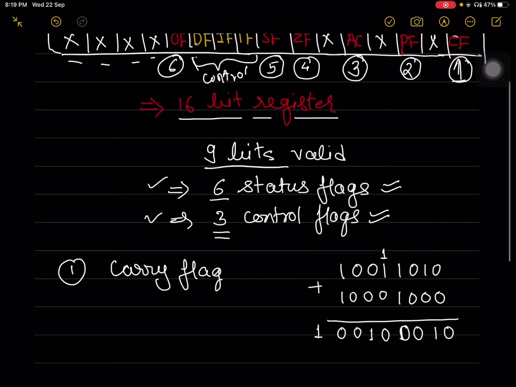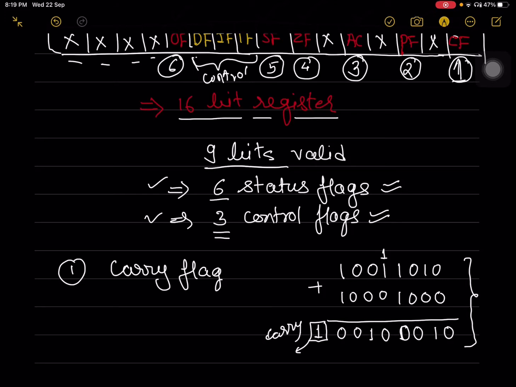To start with, let us consider one example as shown here, the example of addition. I have taken two 8-bit numbers and added them to get the following result. This operation will be carried out in the arithmetic and logic unit of the microprocessor. If you observe this particular addition, you will notice that at the end we have generated a ninth bit after adding two 8-bit numbers, and we call this ninth bit the carry bit.